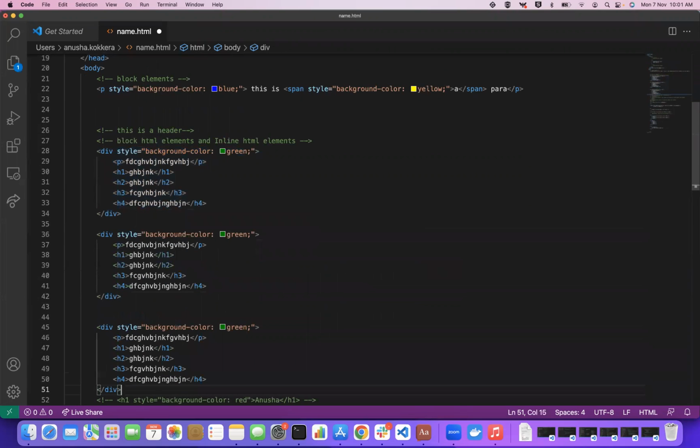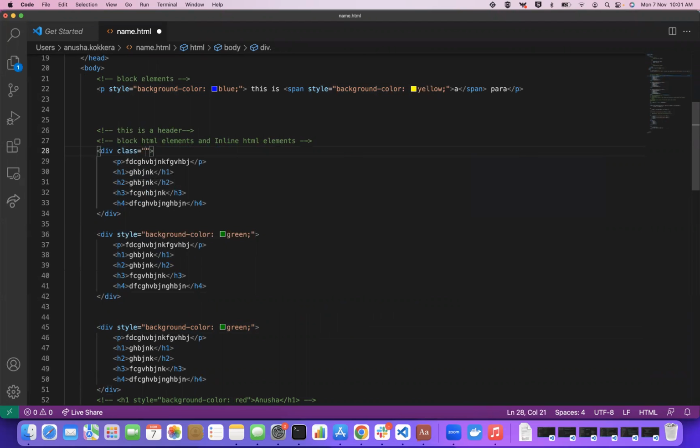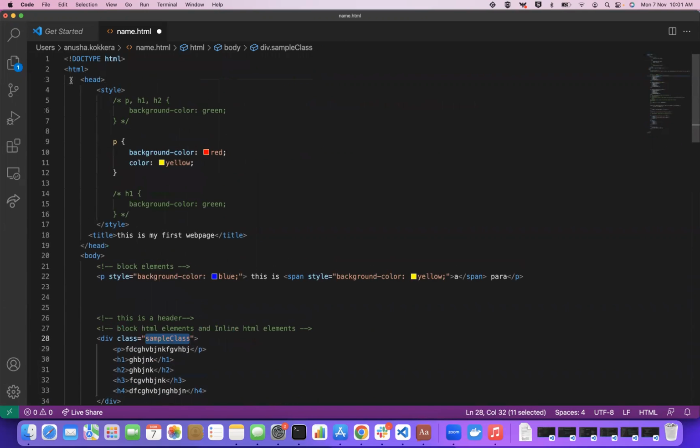And all have the same styles. Instead of giving the style attribute like this, what we can do, we can create one thing called class. And we can give one name for this class, anything as you wish. For example, sample class. And if you want to apply the styles for this class, how to use that, you need to take this class name and you need to go to the style,